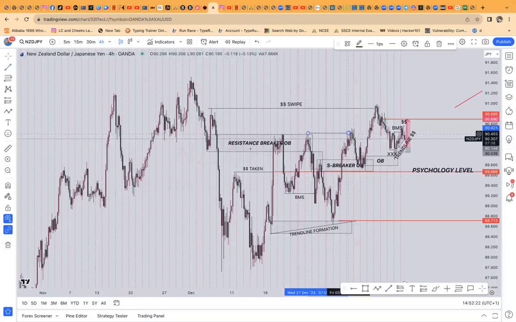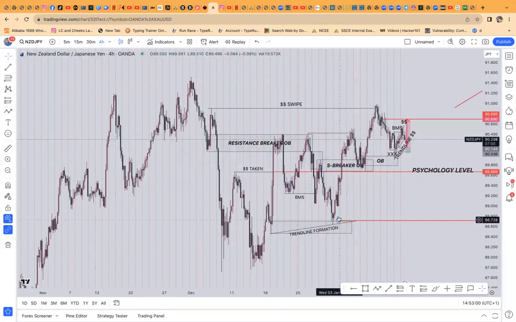Hence, why did I say this is my resistance breaker OB? If you look at it very well, this place was another block. This place was another block where price should sell. Like price should keep buying. But price broke that and then came back to this resistance zone, reacted there once, reacted there twice. If you are a day trader and a retailer, you should actually gain possession of this one. At least you'd have hit this area.